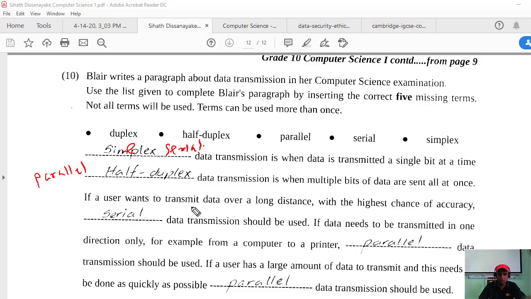If you want to transmit data over a long distance with the highest chance of accuracy, serial data transmission is used over the long distance. If data needs to be transmitted in one direction only, for example from a computer to a printer, that is simplex, only one direction.